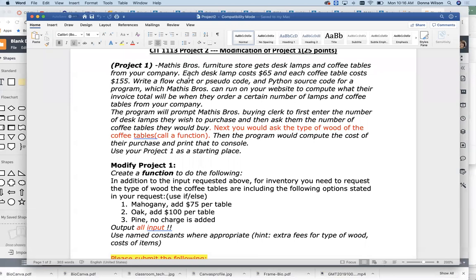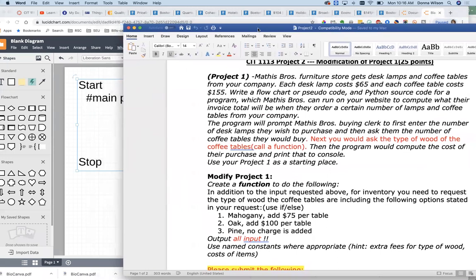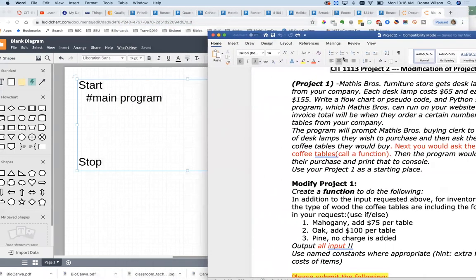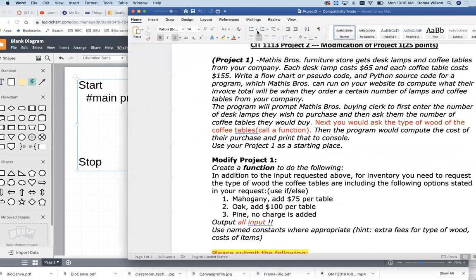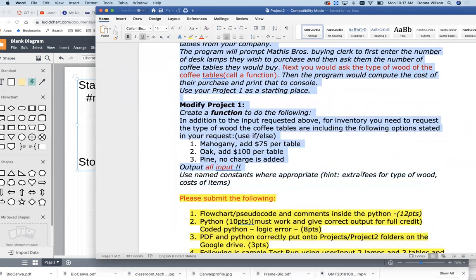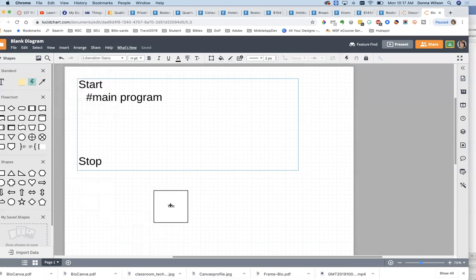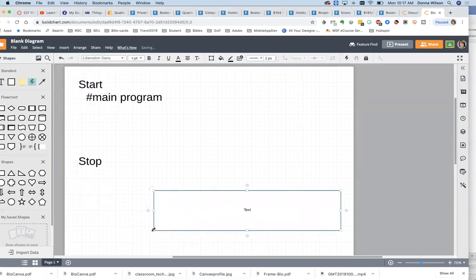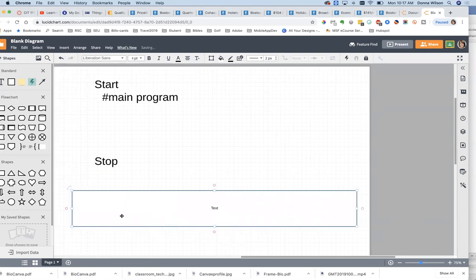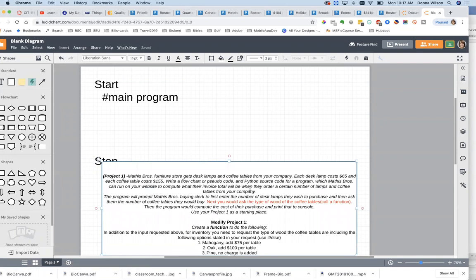Okay, so my project 1 had constants established for desk lamps, cost. Maybe I should do this whole thing. Okay, I'm going to just put this inside of Lucidchart so I don't have to go back and forth. I'm not going to make it big text because I'm just going to copy that. Okay, so project 1